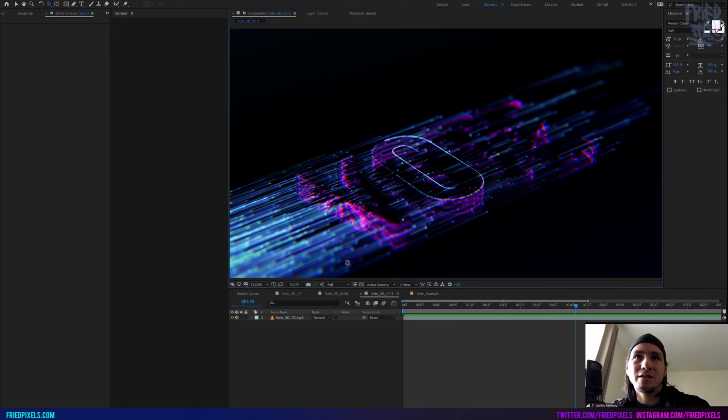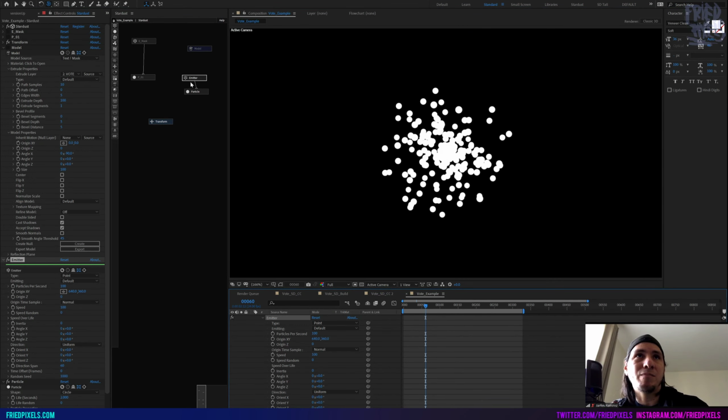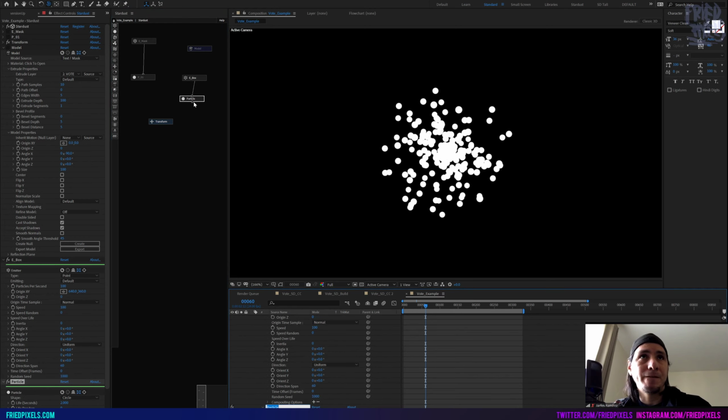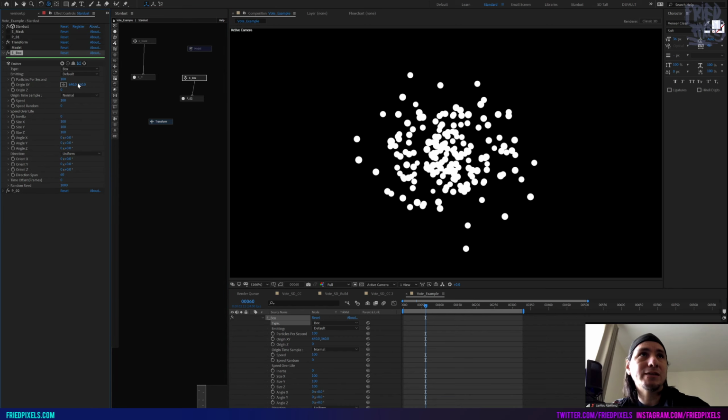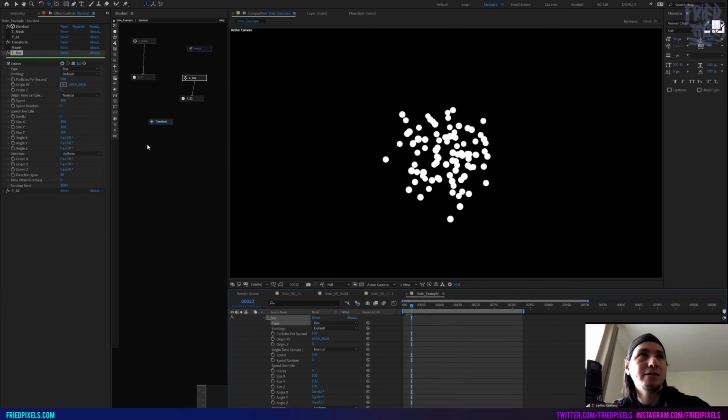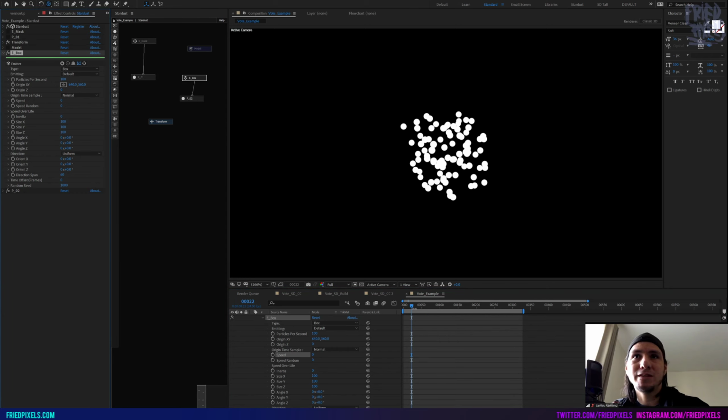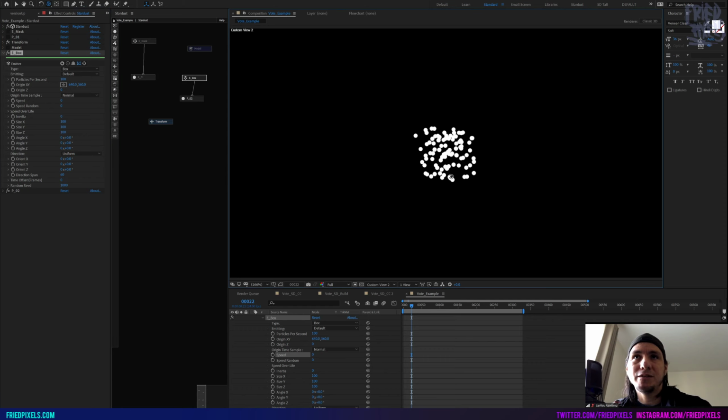So to do this, I created a box emitter. So we're going to call this emitter box, and call this P02. And then again, same thing. I'm going to hide all this and just twirl down the box, and I'm going to go to box. Now if I set their speed to 0, and we go to a custom view here, you can see that it is literally a box of particles that are emitting.